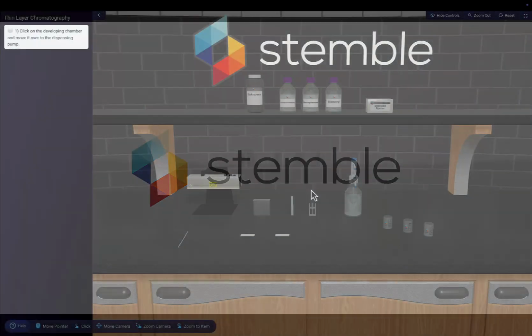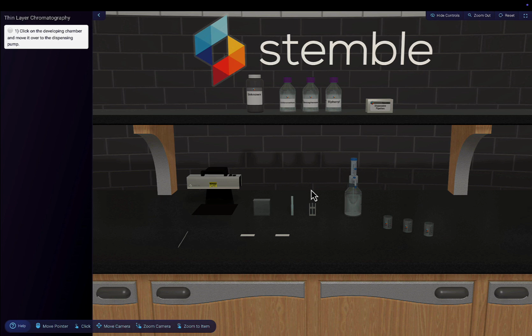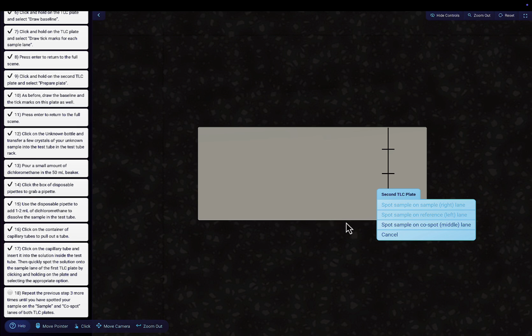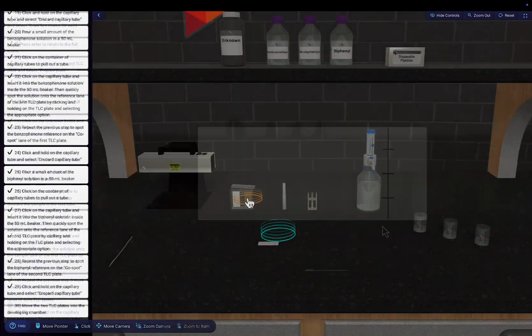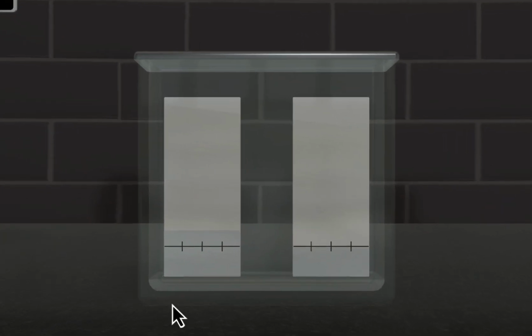For this experiment, you'll be performing what is called TLC, or thin layer chromatography. It's a simple, fast, and effective technique used to separate and identify compounds within a mixture. It works by applying, or spotting, a small amount of sample to a plate coated with a thin layer of adsorbent material like silica gel. The plate is then placed in what's called a developing chamber with a solvent, and the solvent will naturally migrate